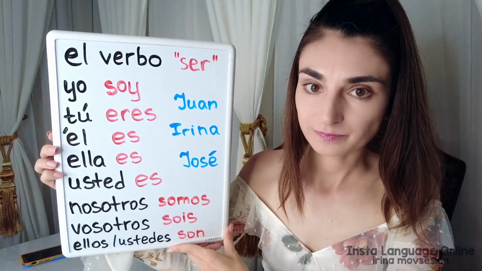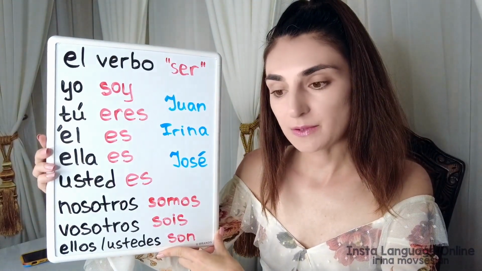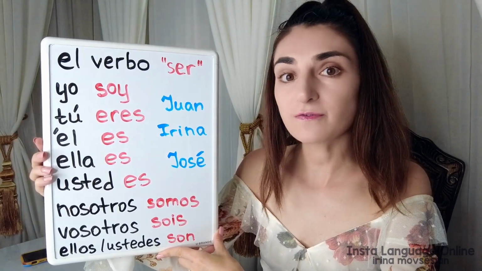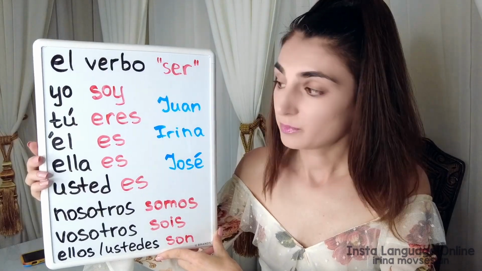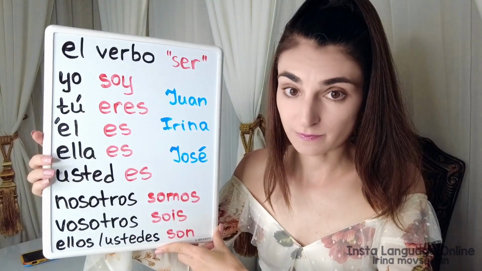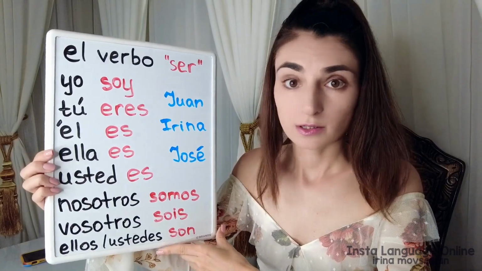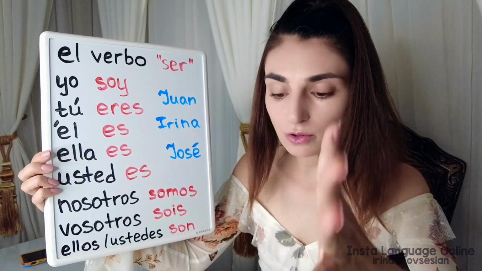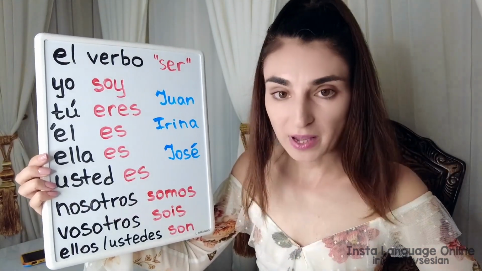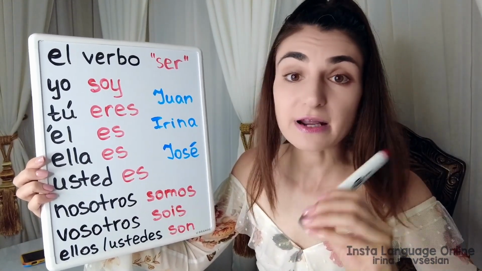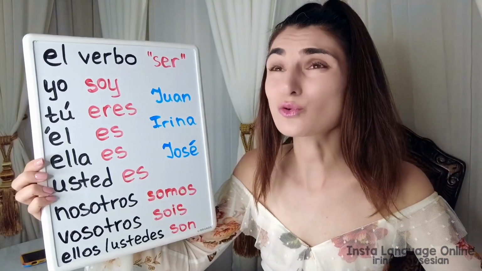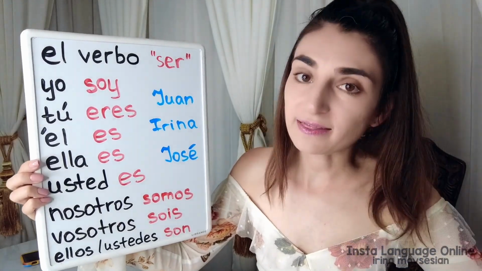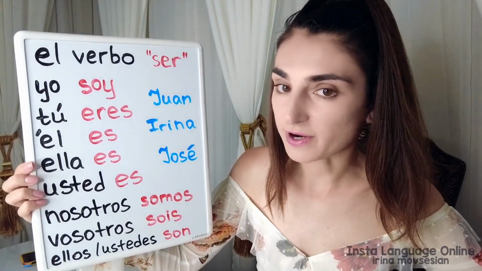Look at them again. Take a piece of paper and write down all the forms you remember. Please do not look at the board. Do not look anywhere. Close your eyes, or don't close your eyes. Just don't look anywhere. Take a piece of paper and write down everything you remember. Even if you don't remember all of them, so what? You can always rewind the video and practice all over again.